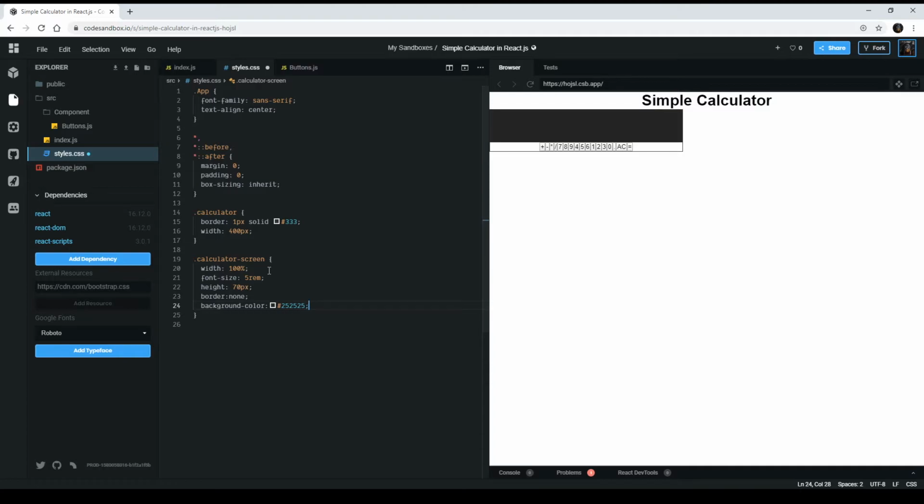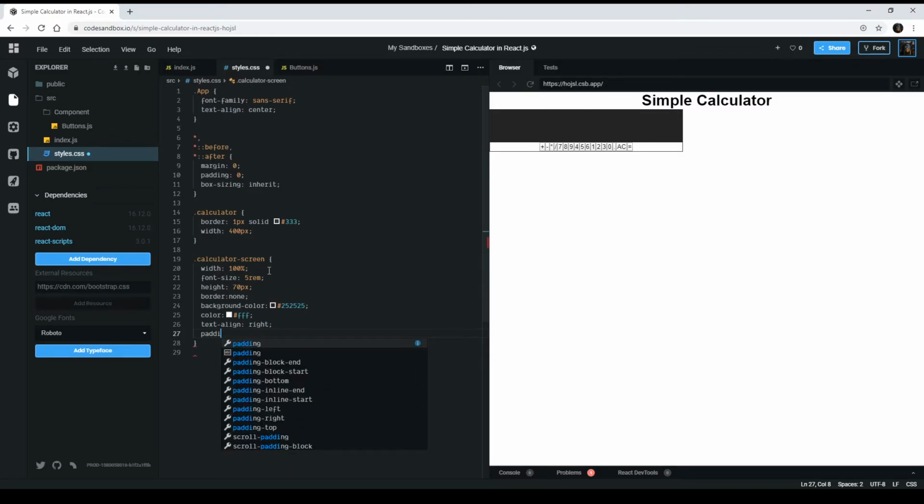I already have a color for the calculator. I have the design on another screen, so I already know the value. So I'm gonna use this color, which is 25, 25, 25, and the text color inside, of course, to match the calculator. I'm gonna use white text, and let's align the text to start with the right part instead of the left part,